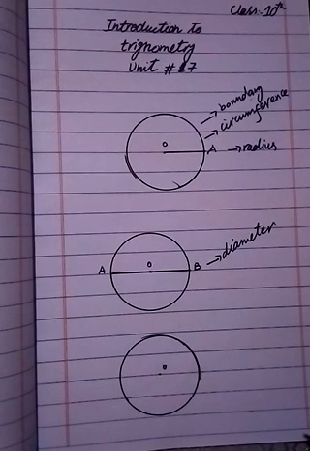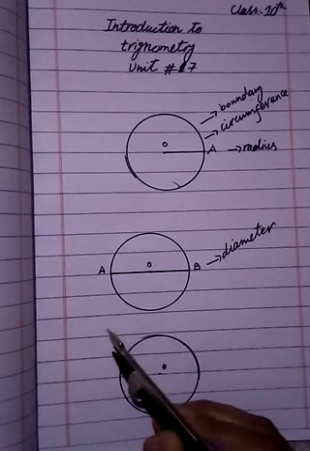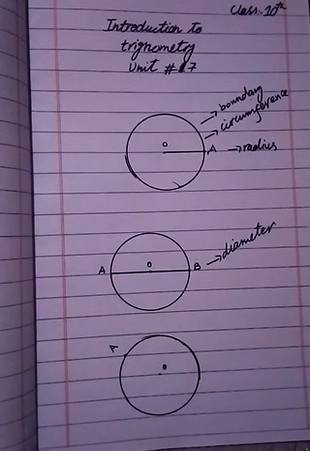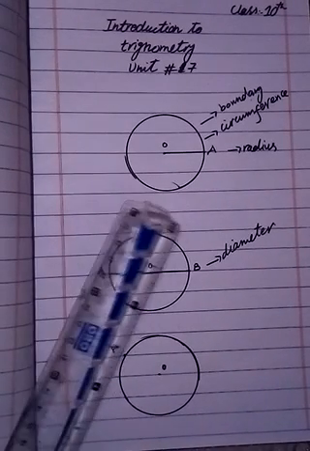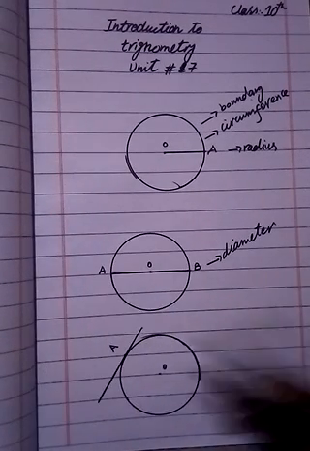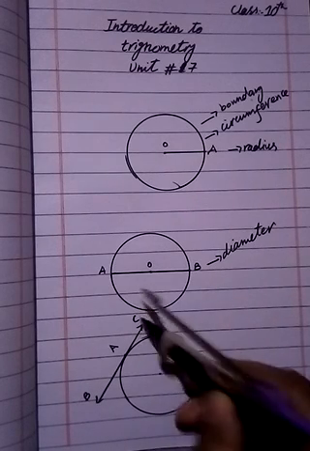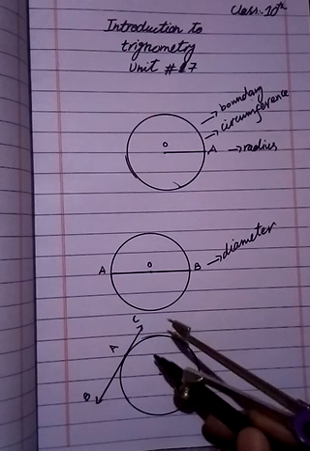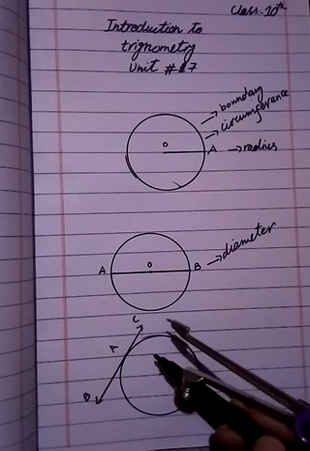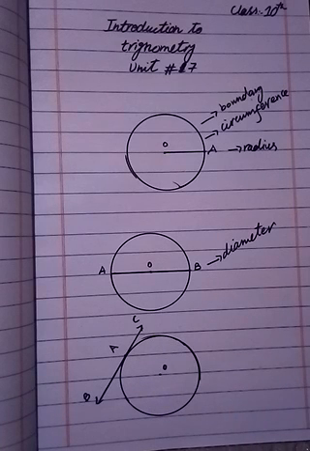Now this is a circle and center point is O. If you take one point at the boundary of the circle like this, named as point A. Now you have to draw a perpendicular which passes through point A like this. Now its name is BC. Now BC is a perpendicular on point A. So this is the tangent at point A. A tangent touches only at one point of the circle.